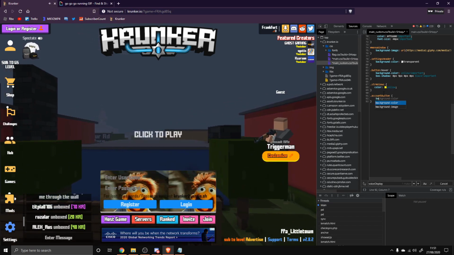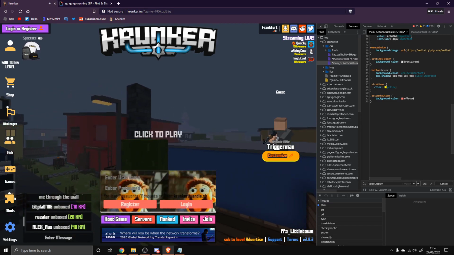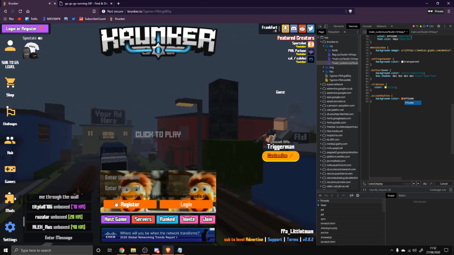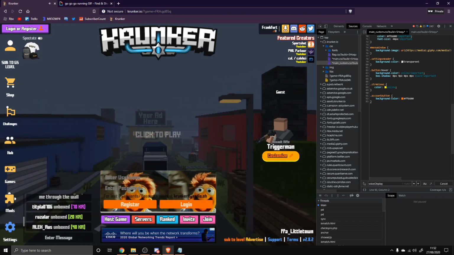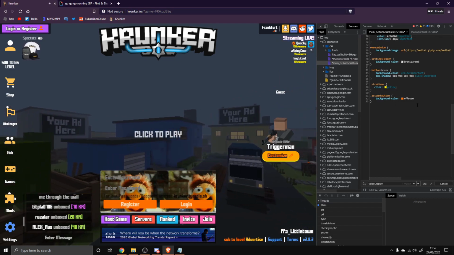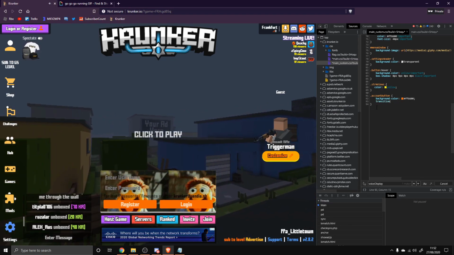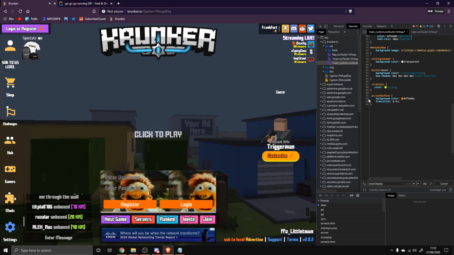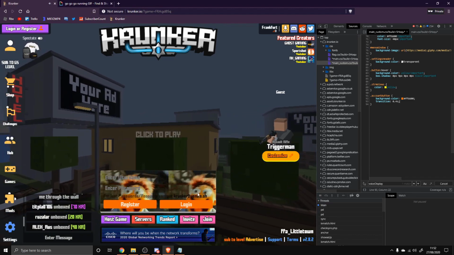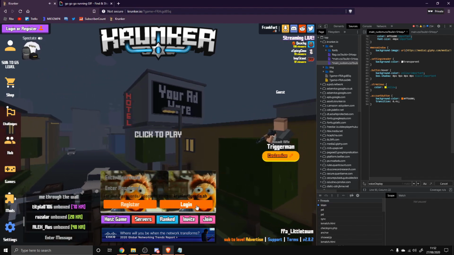and then you can just put background dash color hashtag FF6600, something like this. I put three 6s, and there you go. And if you want a nice transition from one color to another, you can just type in here transition 0.4 seconds or something like this. Then when you hover over it, you can see over here the text smoothly goes to a nice